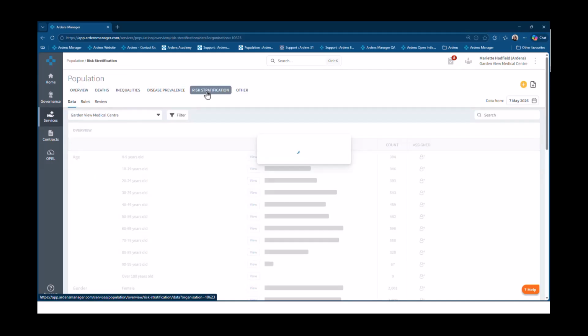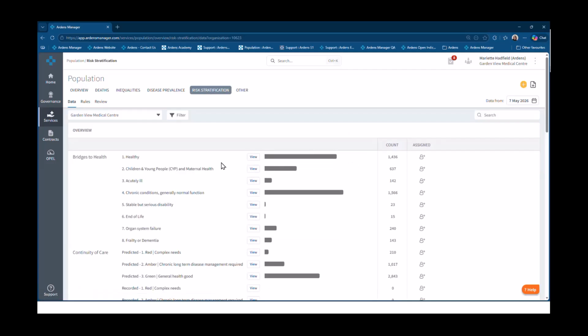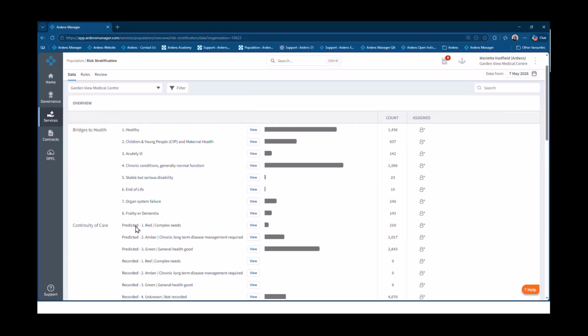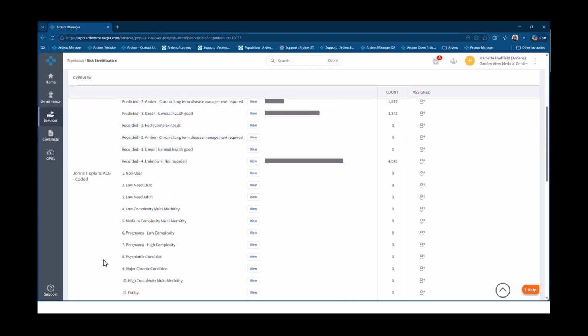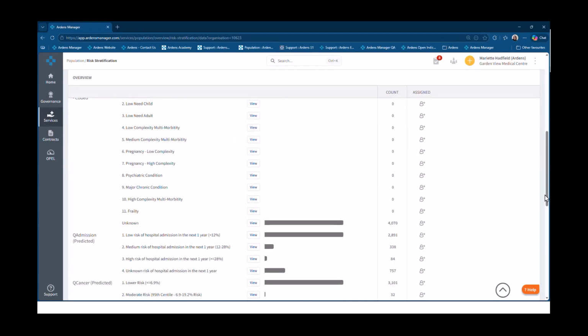labeled risk stratification. Now, just picking up on the other different types of tools we've got. For those of you who mentioned Bridges to Health, Johns Hopkins, the risk stratification page here contains the registers for all of the patients and the various different tools. So on the screen now we can see there's Bridges to Health, we've got our continuity of care and Johns Hopkins. So there's lots and lots of different tools available for you to use, and you can mix and match